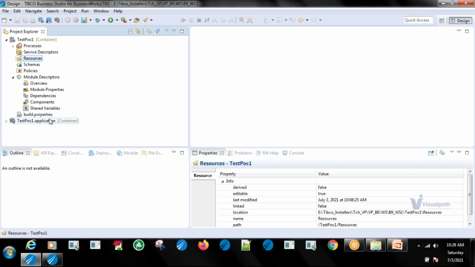In BW5 projects, we usually provide hard-coded inline schemas in the start and end activities. BW6 only supports globally defined schemas, that is the .xsd ones. It doesn't